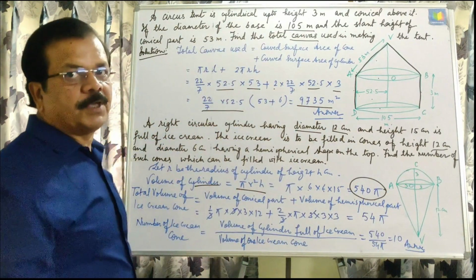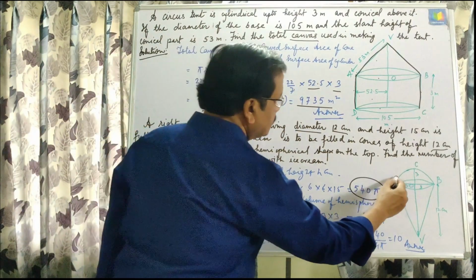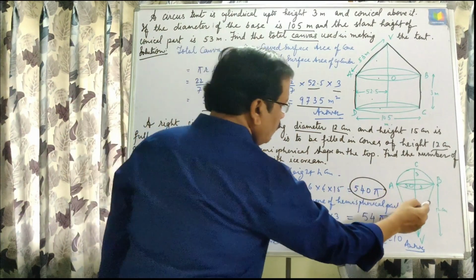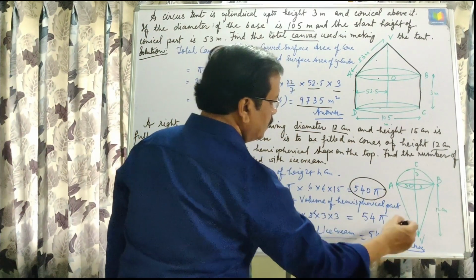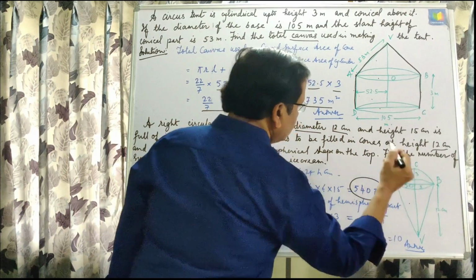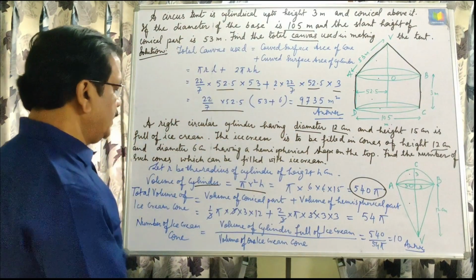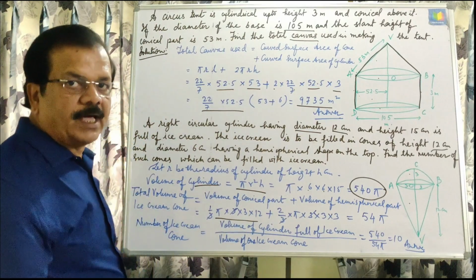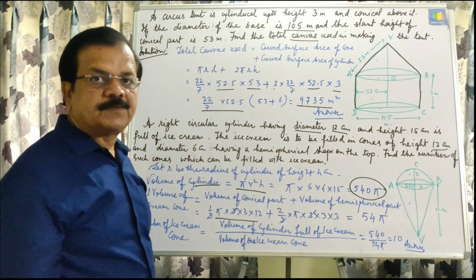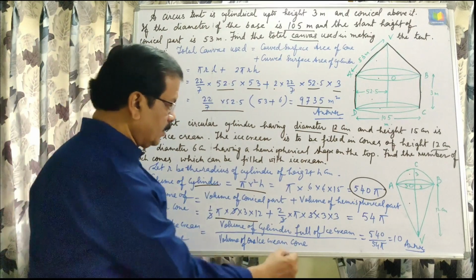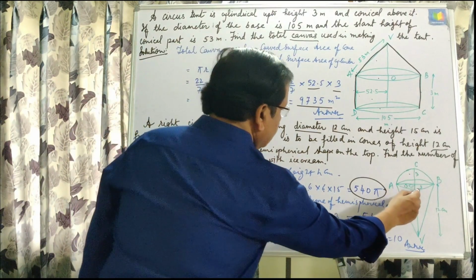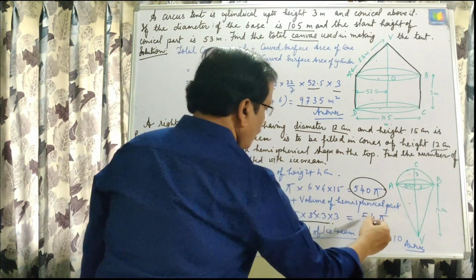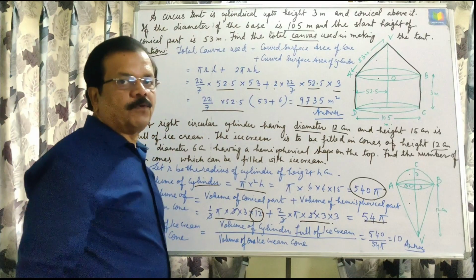And once we are filling the ice cream cone, this part will be out of the cone. This is frequently coming out, and obviously this part will be hemispherical, and that is why the volume of this combination of solids will be volume of this cone plus volume of hemisphere. The volume of conical part will be 1 by 3 pi R square H, plus we know the volume of hemisphere will be 2 by 3 pi R cube, and R will be the same in both the cases, and H will be 12, it is given, then we are getting 54 pi.